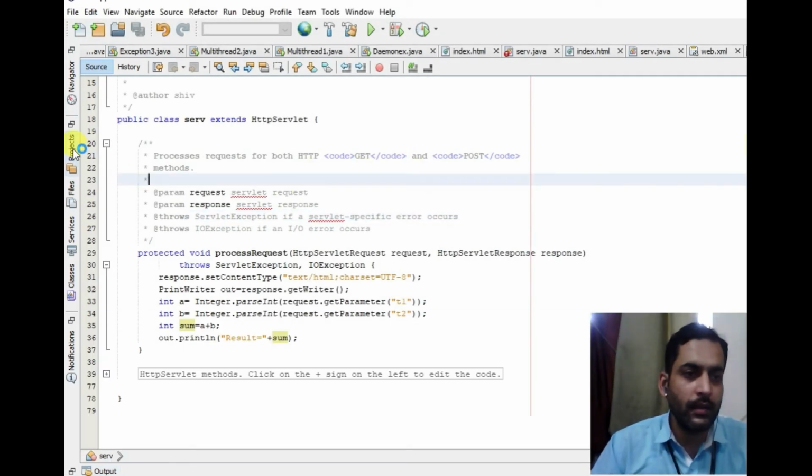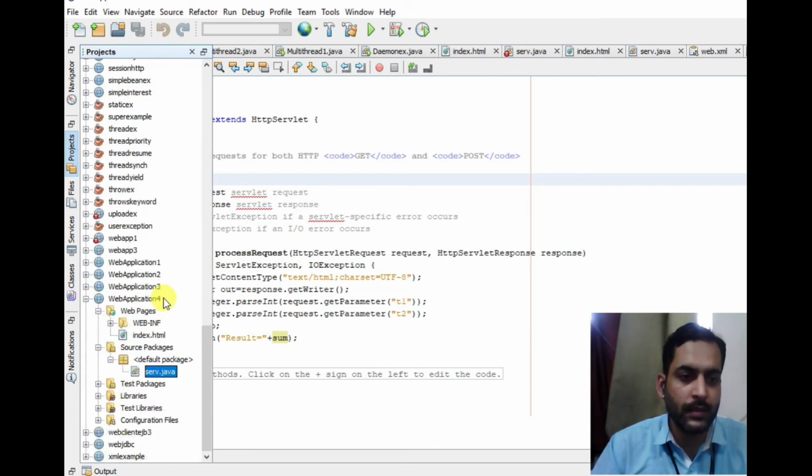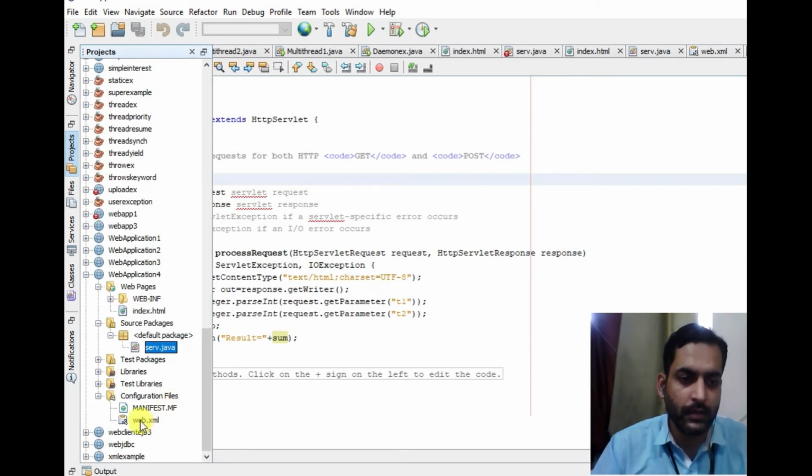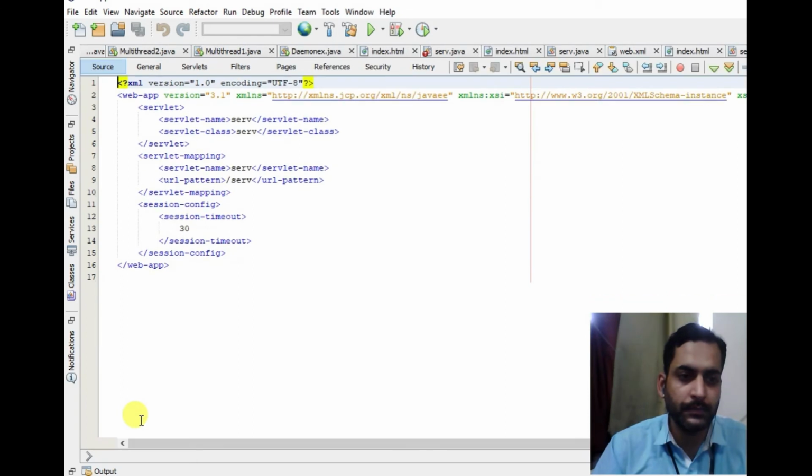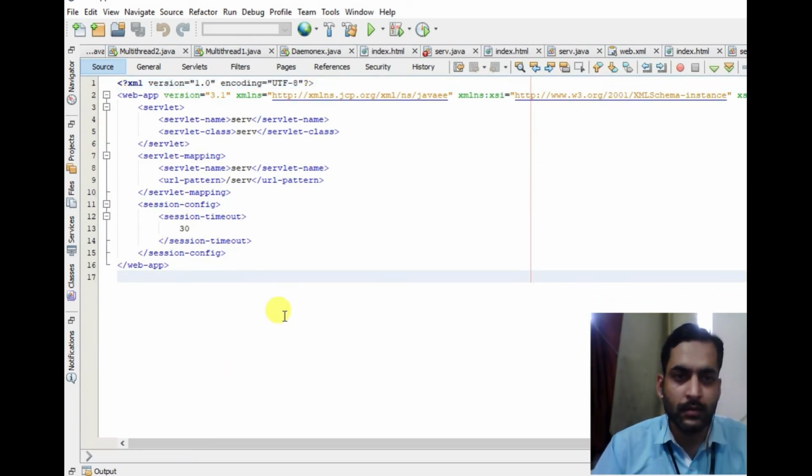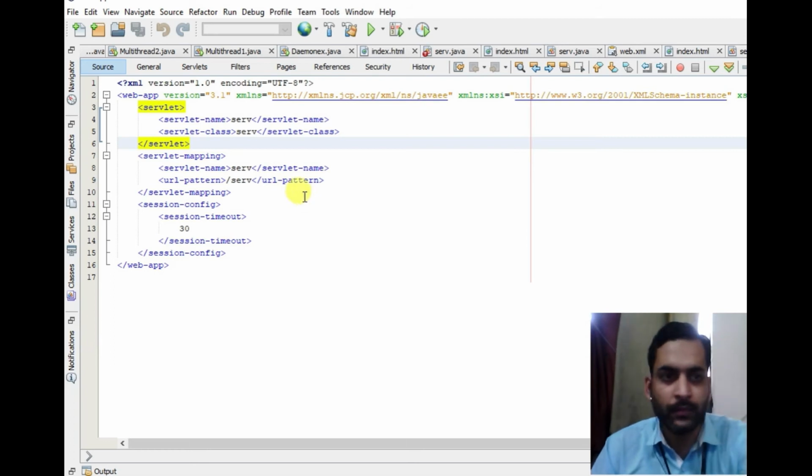Now let us see what the deployment descriptor, or web.xml, we are talking about is. Let us open the configuration file. This is the web.xml file. This web.xml file contains two types of tags.